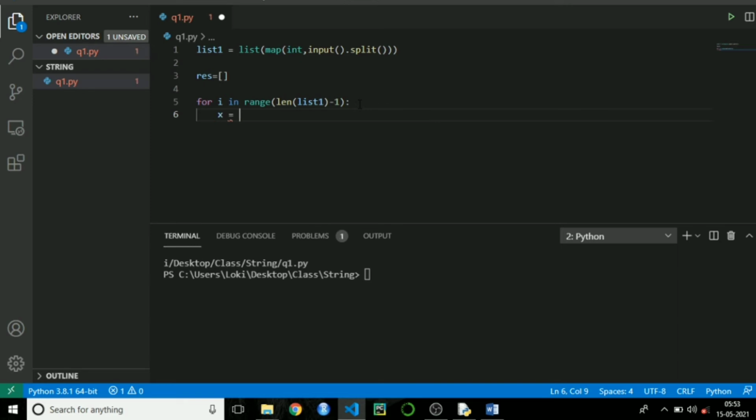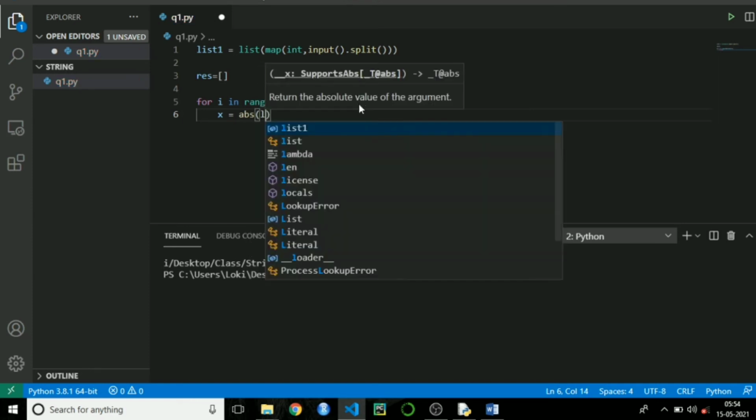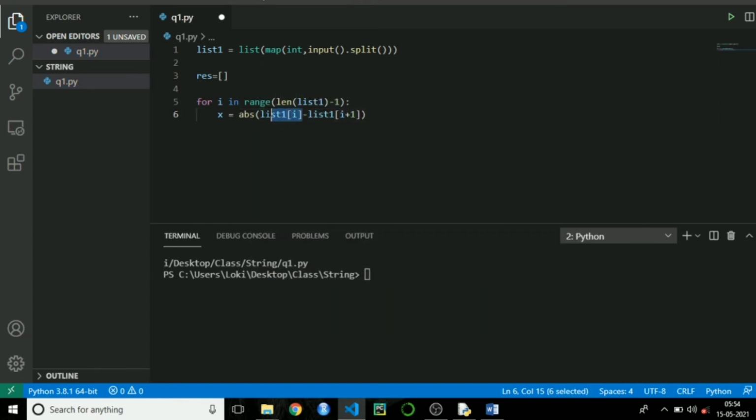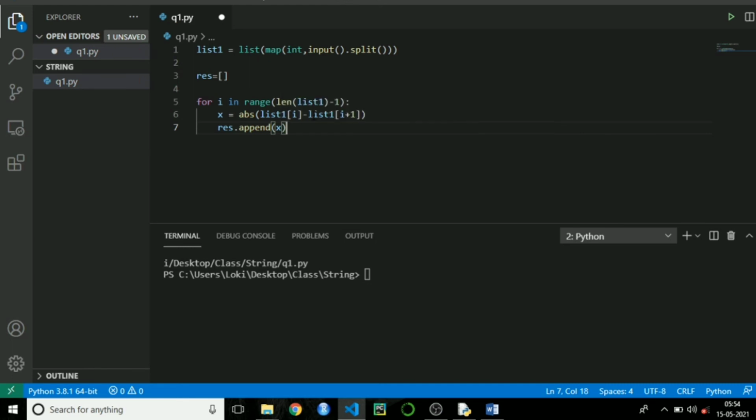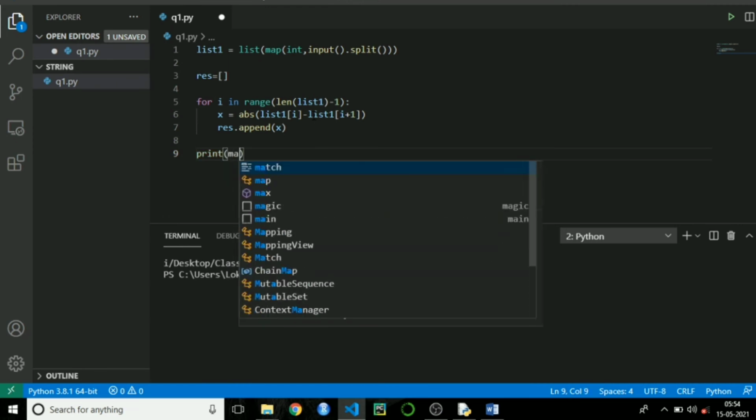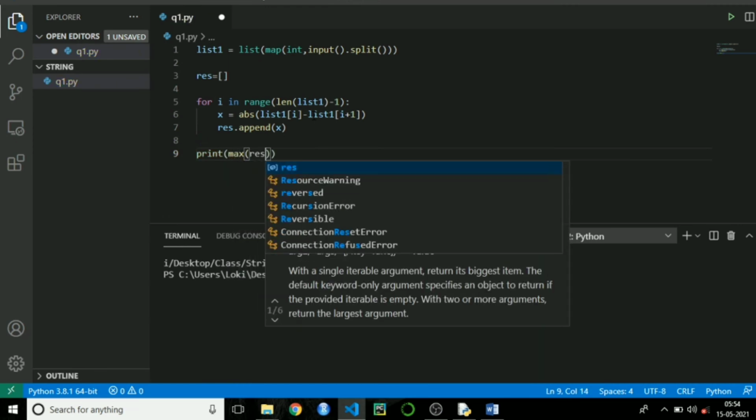So this will get the difference values. I will declare a variable here to store the difference values. I get the difference by subtracting the value stored at the 0th index and the value stored at the first index. When I increment, it gets the difference between the values at the first index and the second index. This is how the for loop works. After getting the difference, I need to append the value to the result list: result.append(x). Finally, when the for loop ends, I need to print the maximum value present in the result list.